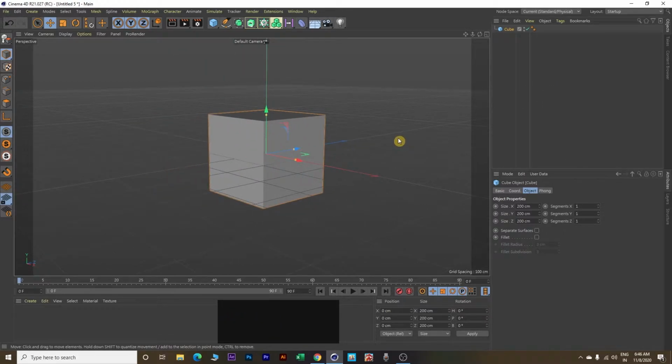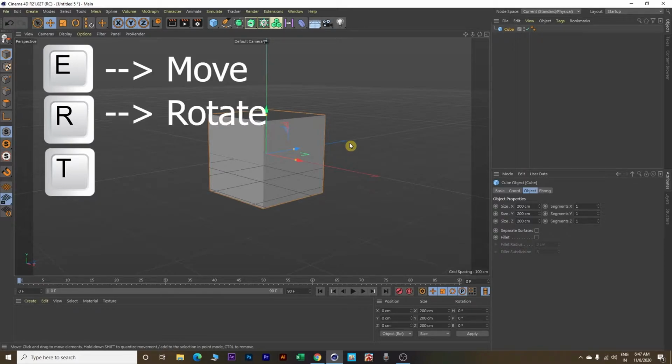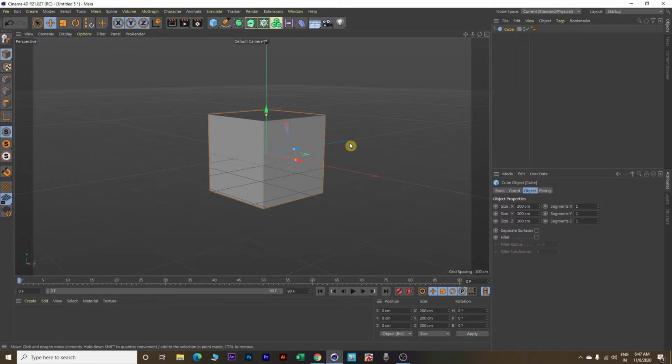Now let's spend another minute to learn how to modify your object. So basically there are three modification tools, and in order to activate these modification tools, we will use three shortcut keys on our keyboard: E, R, and T. E is used to move, R is used to rotate, and T is used to scale or modify. Now let's do some quick practice.